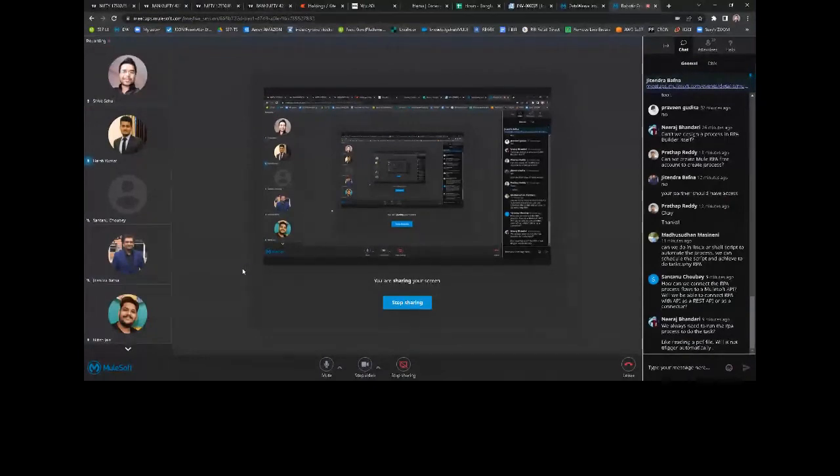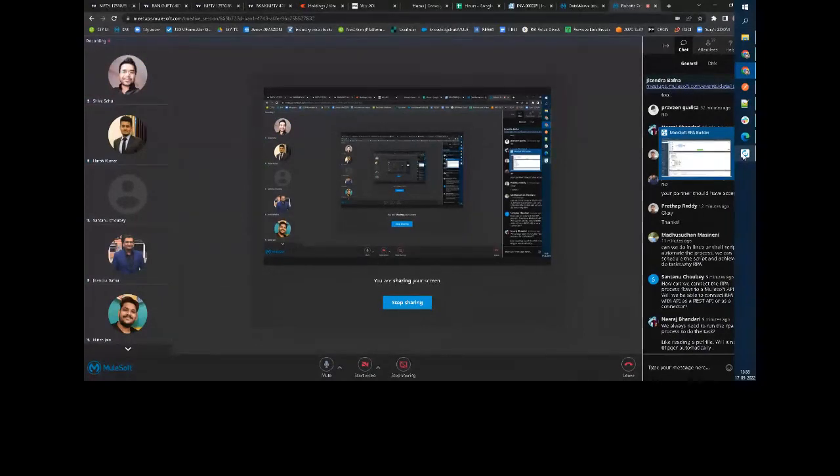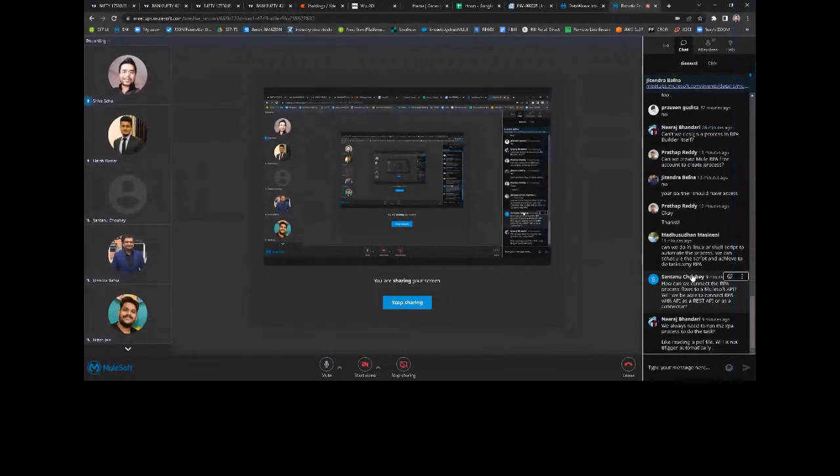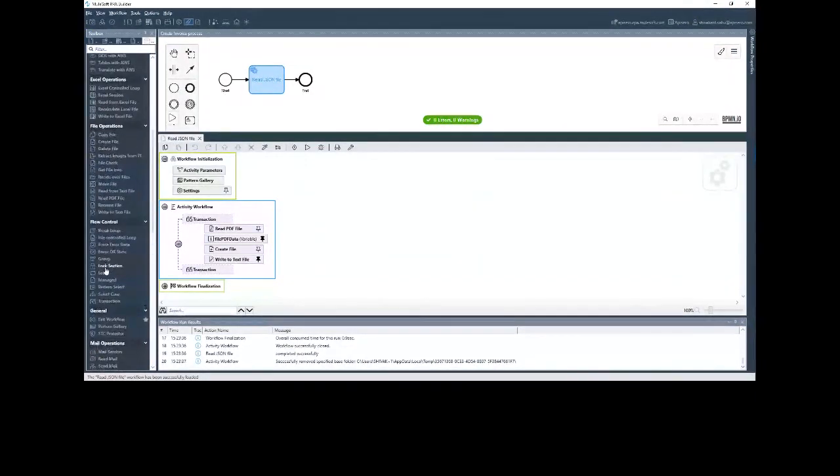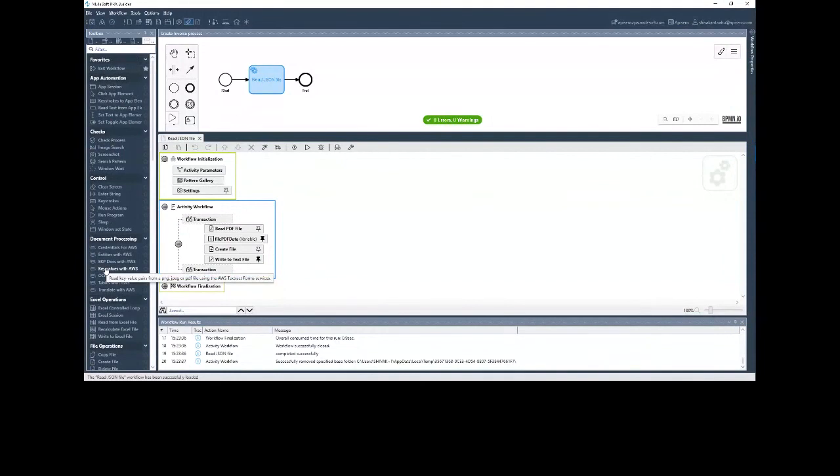Shiva, I see that you have created a lot of projects in the interface. So, which scenario have you stumbled upon that you feel can be done in the most efficient manner using RPA, as per your experience? Sorry, can you speak again? I am having a bit of a hard time hearing the question, please. No worries. So I see that you have created a couple of projects in RPA already. So, in your experience, which use case have you stumbled upon that you feel can be done in the most efficient manner using MuleSoft RPA?